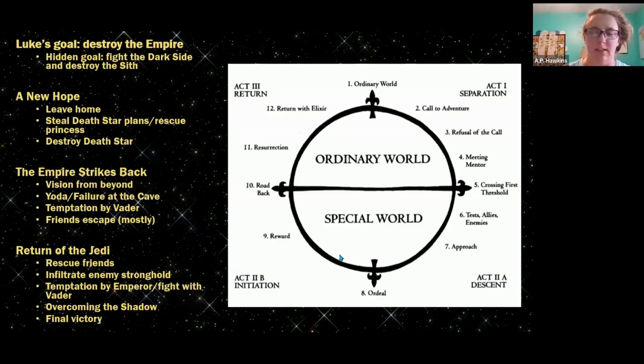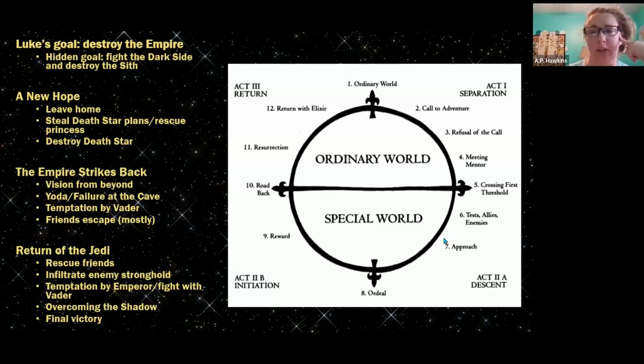He runs away. He doesn't fall for Vader's temptation, but he also doesn't triumph over him either. But then they escape Cloud City and they're back in their ordinary world of working with the rebellion again. So then again, in Return of the Jedi, we're going around this circle. We have to rescue the friends and infiltrate the enemy stronghold, which serves as another threshold for Luke. And once again, he's being tempted by the Emperor. He's fighting with Vader, but now he has the skills that he needs because he's gone back and